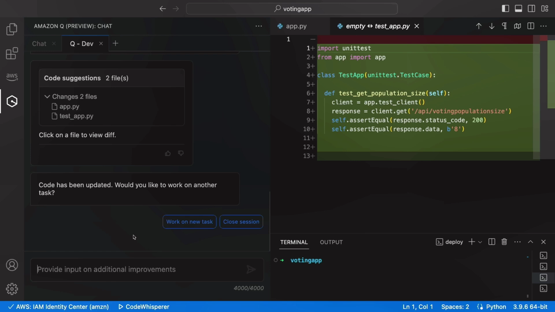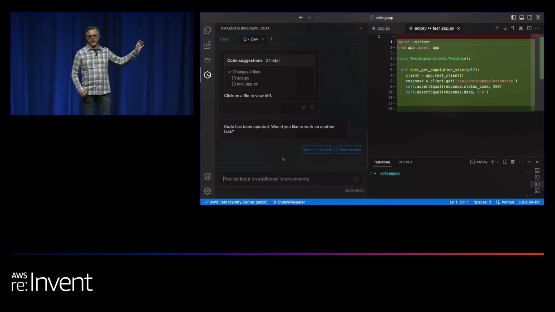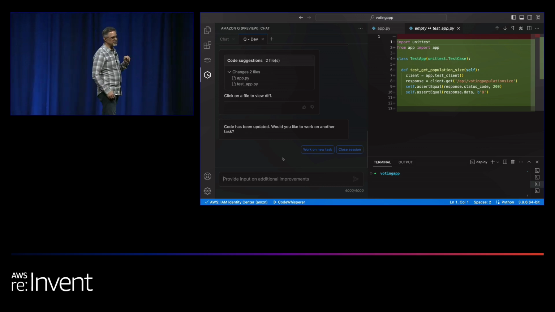And I'll tell you right now, today, if you go home and want to try this, the write the code button is not in CodeWhisperer today. We held it back at the last second. It is in a tool called Code Catalyst, where you can do the same functionality. Q is in Code Catalyst, and you can use it. But that write code step will be in CodeWhisperer very soon.